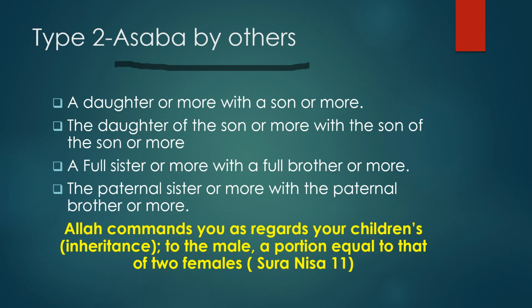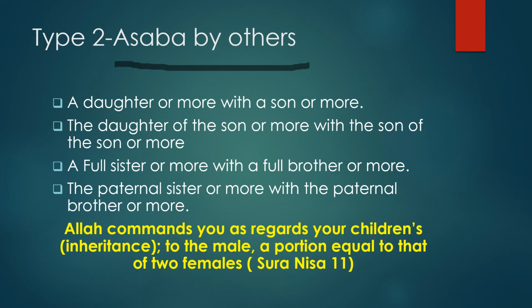And the fourth one is the paternal brother, one or two, however many of them it may be. So this paternal brother by himself is asaba, but he made the paternal sister, who was counted in the list of fixed share, asaba. So here, the son and daughter, sister and brother who are of the same rank, the males of this list will make the females asaba.